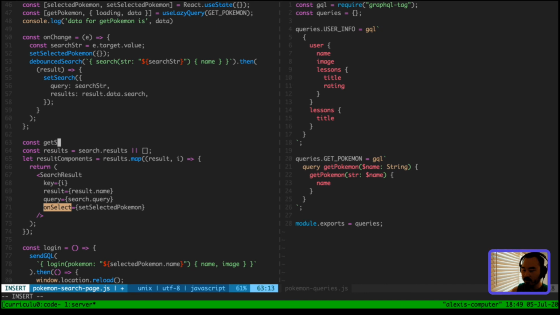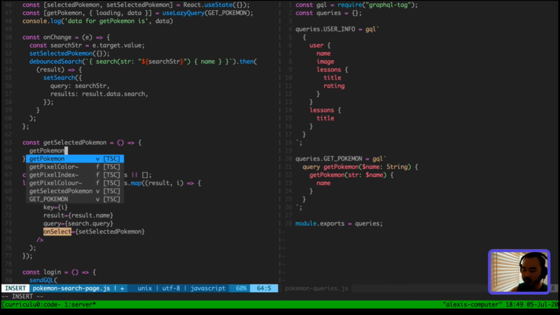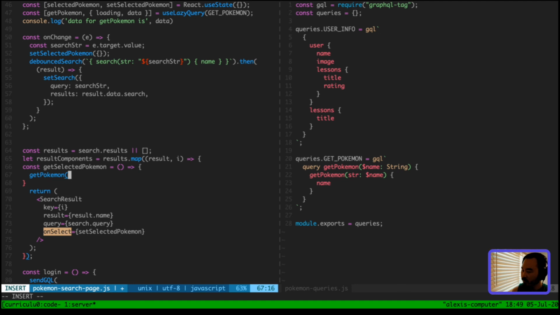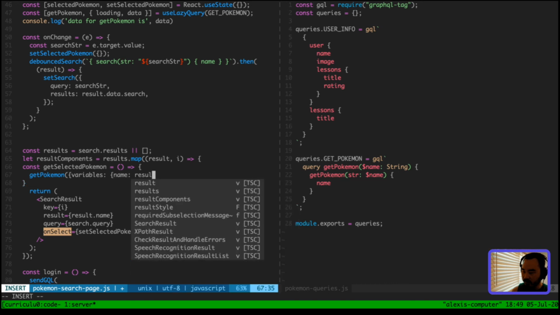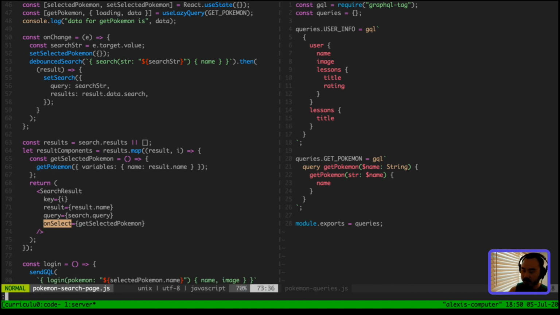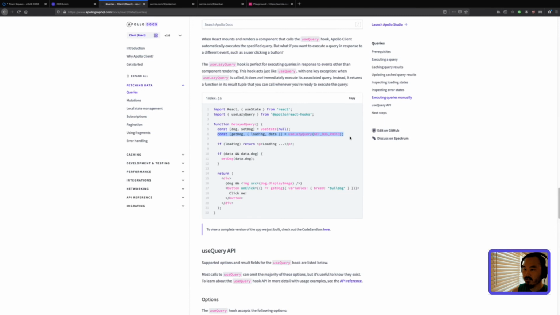Const get selected Pokemon is a function that executes the get Pokemon query. And get Pokemon, you need to pass in variables. And the object name is result.name. Okay, so we need to pass in this get selected Pokemon function. Cool. So let's see if we click on the selected Pokemon, whether we get the selected Pokemon information when we